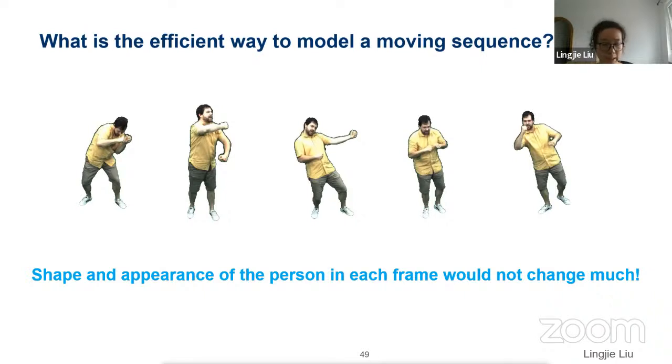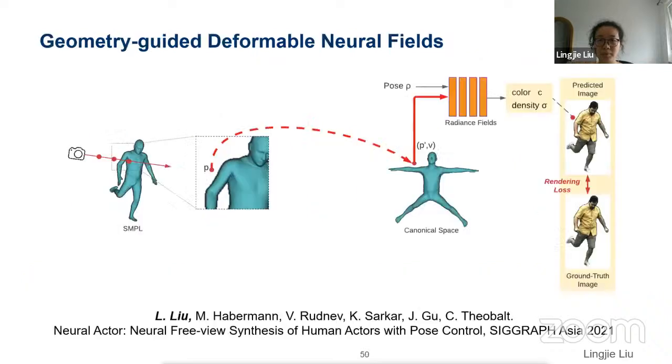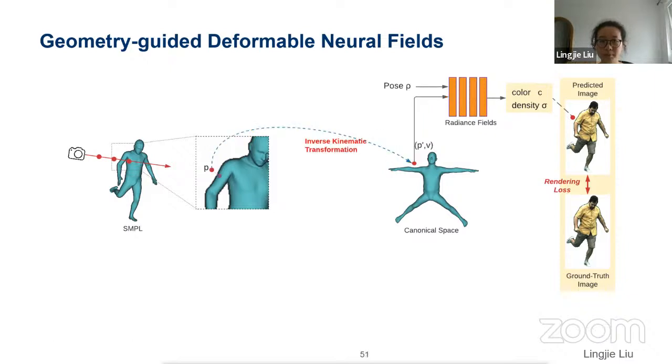Then what would be an effective way to encode all this? In Neural Actor, we propose geometry-guided deformable neural fields that align all the frames into a shared canonical space, and we learn this shared space as a neural field.